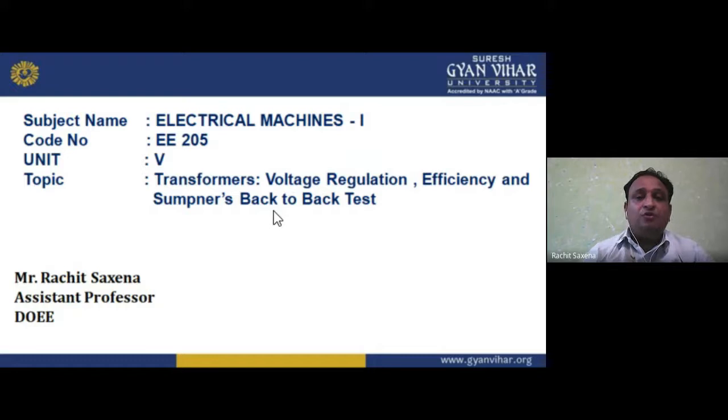Now, unit number 4 is similar to unit number 3, but unit number 3 is the basic part of the DC machine, and unit number 4 is basically the extended part. Why am I using the word extended here? Because in unit number 4 we study the specific motor and the specific generator, but in unit number 3 we studied the combined manner, meaning motor and generator both, the DC machine.